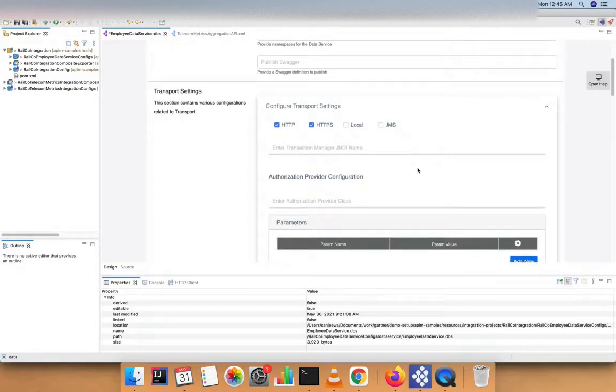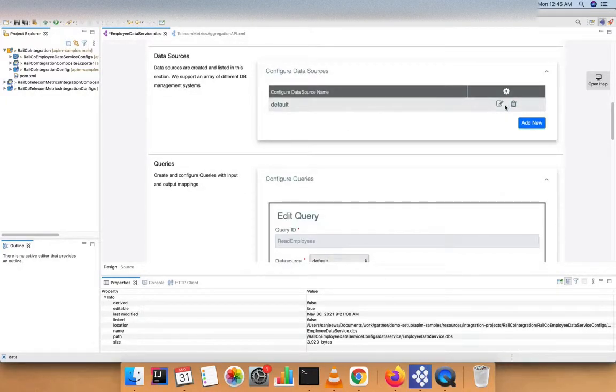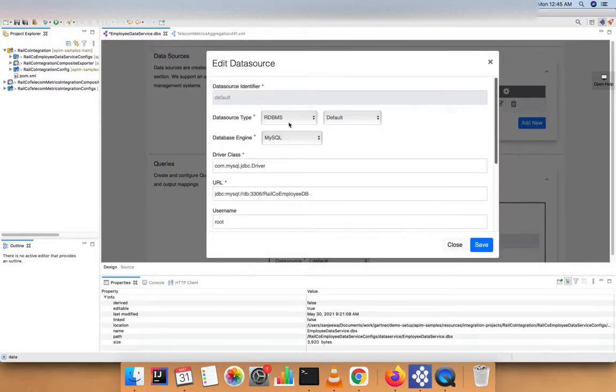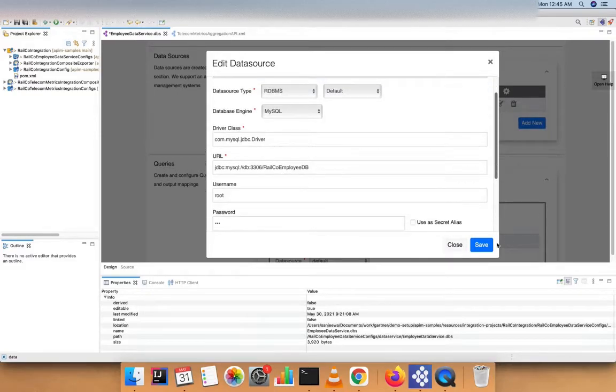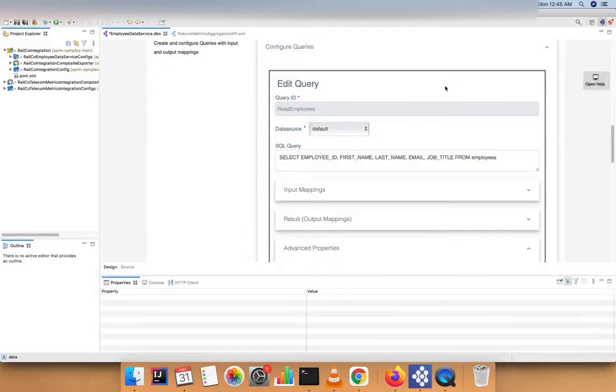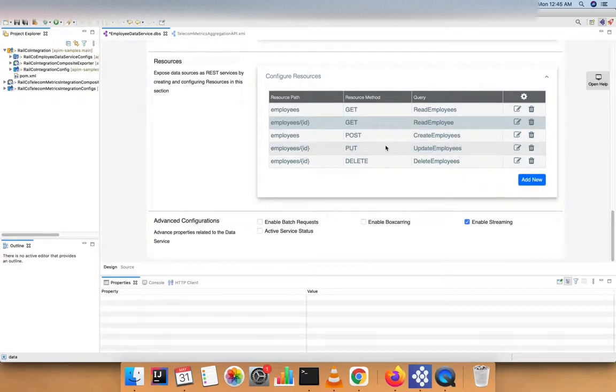Then we have enabled specific transport protocols. Then I have configured my data source, basically database type, database driver, and database URL and credential related information. Then I have a set of queries that I need for my service.